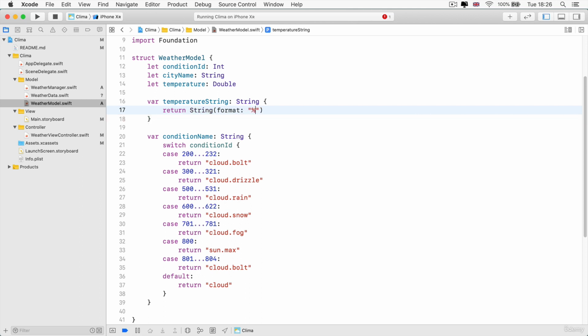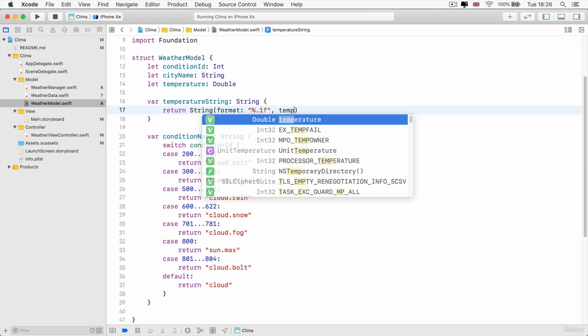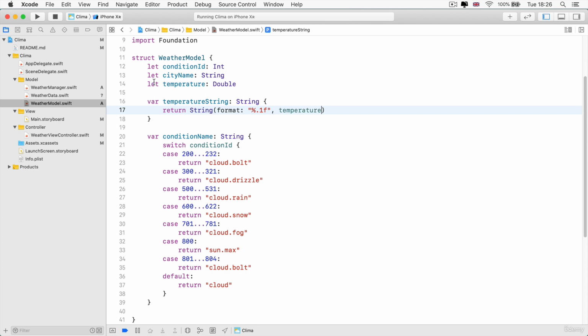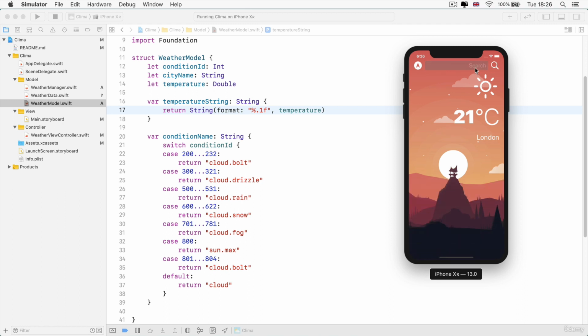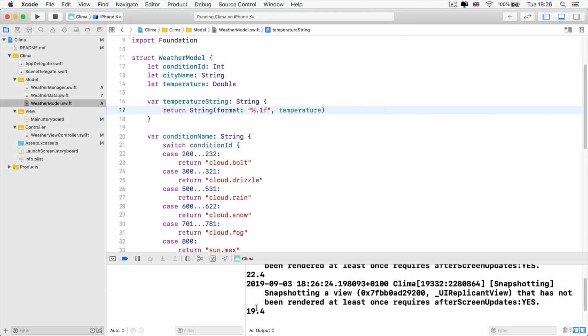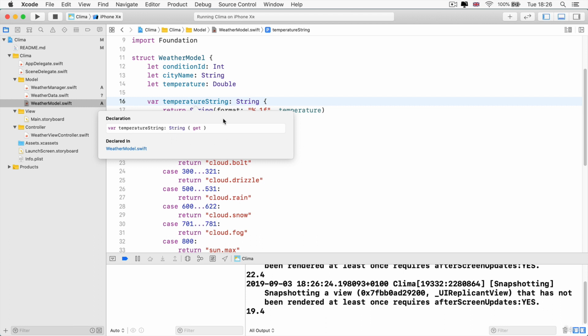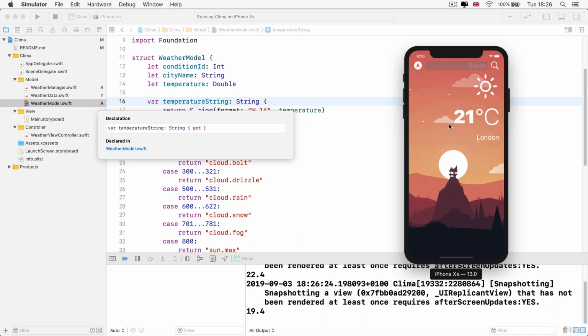So that was %.1f, and then I'm going to pass in my temperature, which is this double right here, as the property that's going to be formatted to this particular format. And now when you run your app, you should be able to see that whatever temperature you get back will be printed with only one decimal place. And this temperatureString now has the data type of a String,